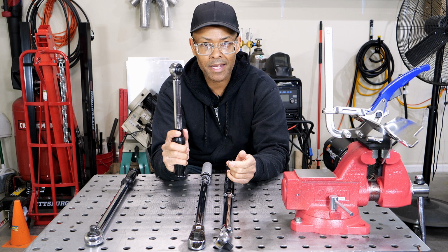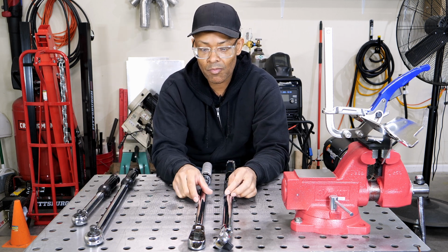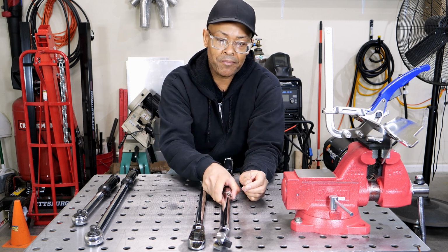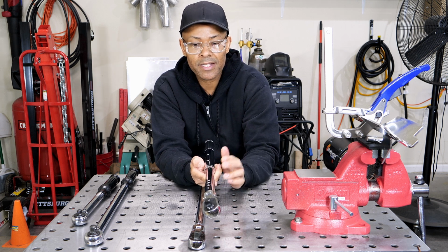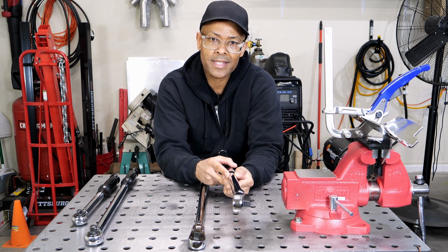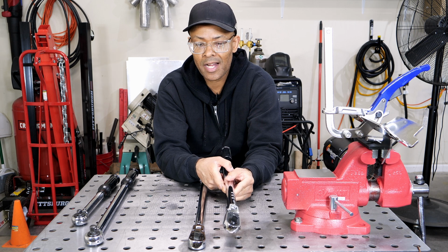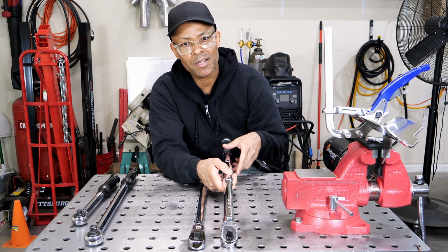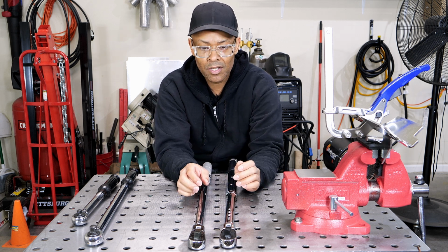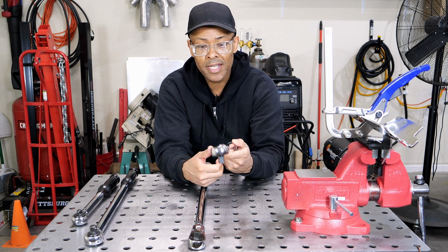So it's nice to have something like this. And I know Harbor Freight is coming out with a digital 3/8 drive torque wrench, so it's gonna be smaller. But I think the initial press release was that it was gonna start at like 25 foot-pounds or something like that, which kind of doesn't make sense if you're gonna release something smaller, because this large 1/2-inch torque wrench already